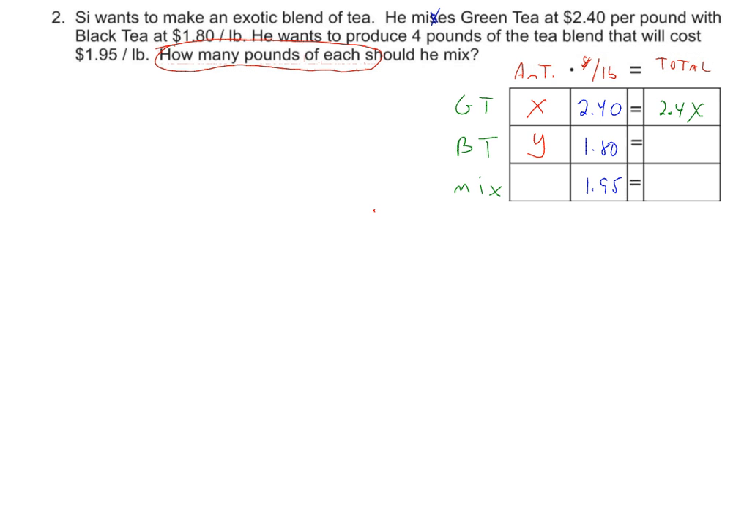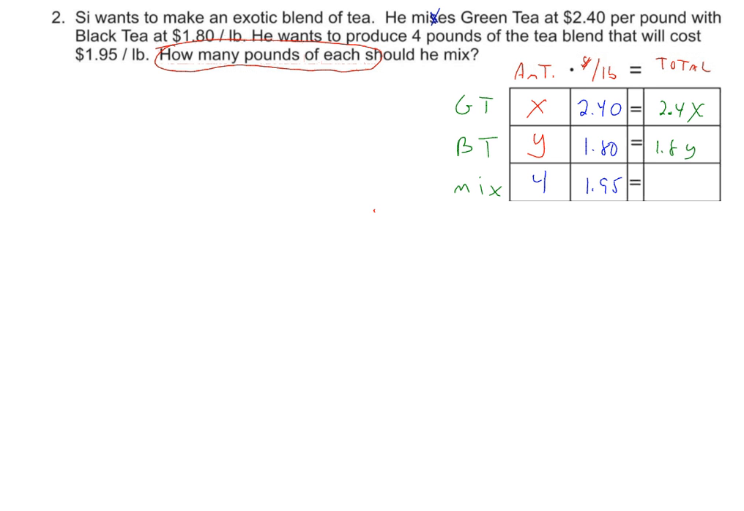Josh, what do you got? 4 pounds in the mix amount box. Okay, so Josh says the amount column for the mix is 4. And yes, it is. Isn't it? He wants to produce 4 pounds of the tea blend, the mix. So that is definitely 4. All right, now let's go ahead, and the green tea is 2.4x. Therefore, class, the black tea is